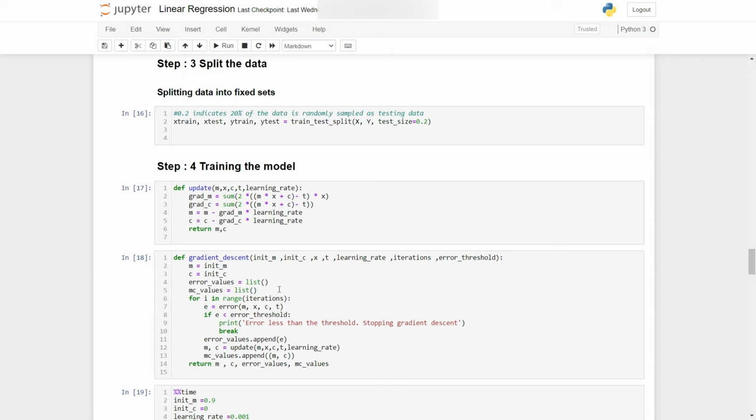Now declare an empty list to store the intermediate values of the error during the training process. We declare another empty list to store the intermediate values of m and c. Next, we define a for loop in range of iterations. Inside the loop, we use the error function to calculate the error, and it is stored in a variable